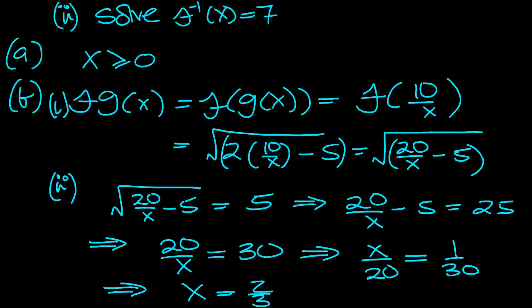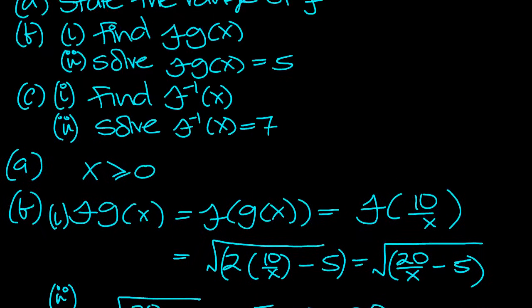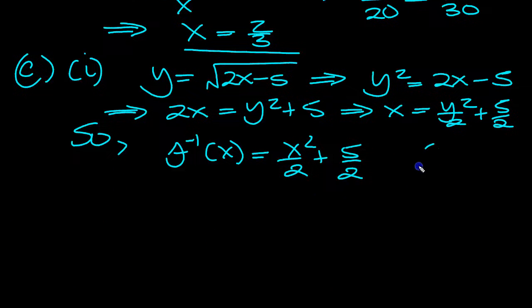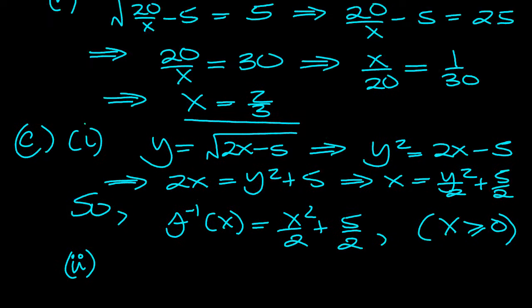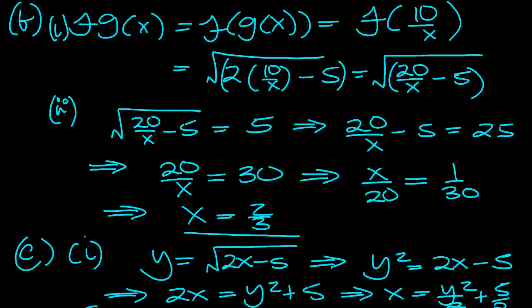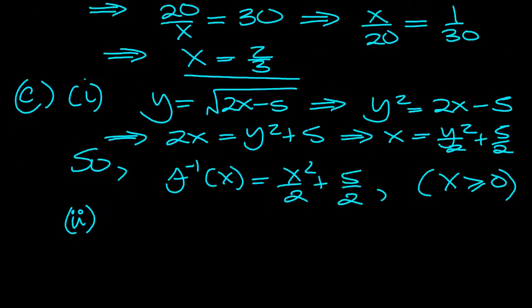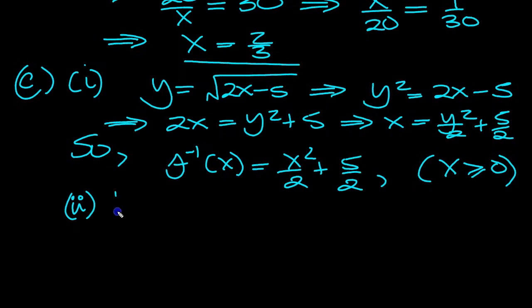and it's defined on the range of f, isn't it? And we had the range of f in part A for x bigger than or equal to 0. So that's what it's defined on then. Okay, let's see part 1. Now part 2. Solve f minus 1 of x equals 7. So here